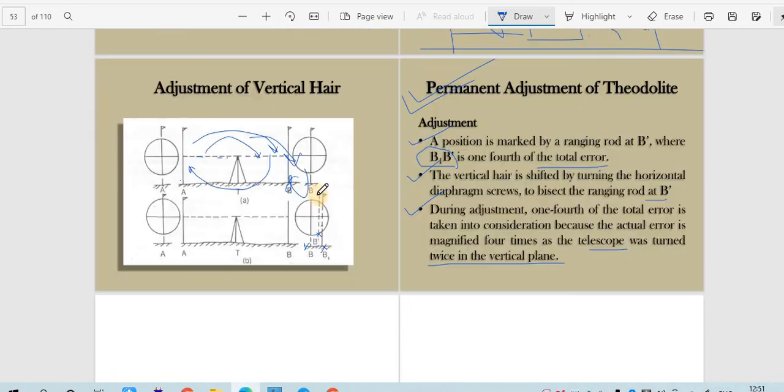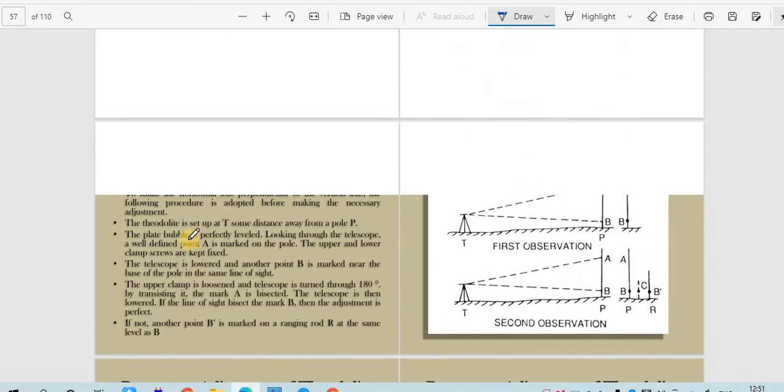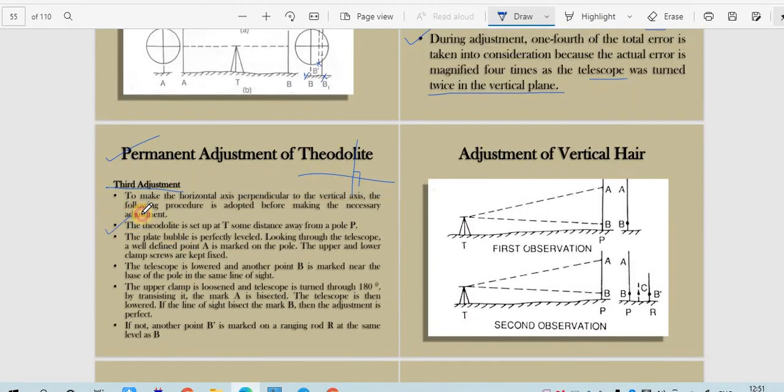Then the last one is the third adjustment: to make the horizontal axis perpendicular to the vertical axis. So this should be perfectly 90 degrees, the vertical axis as well as the horizontal axis should be perpendicular to each other. For that, what you have to do is that the theodolite has been set up at